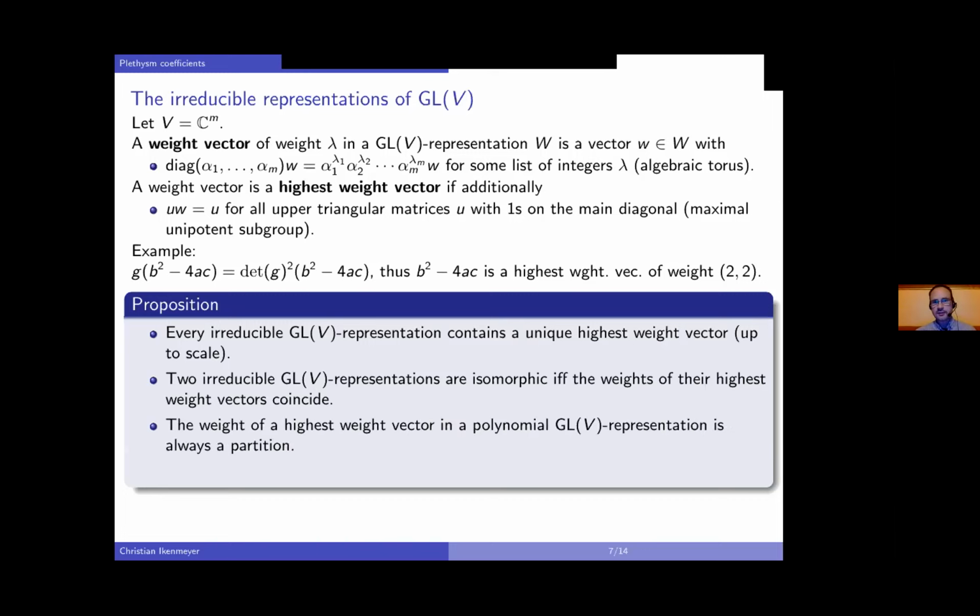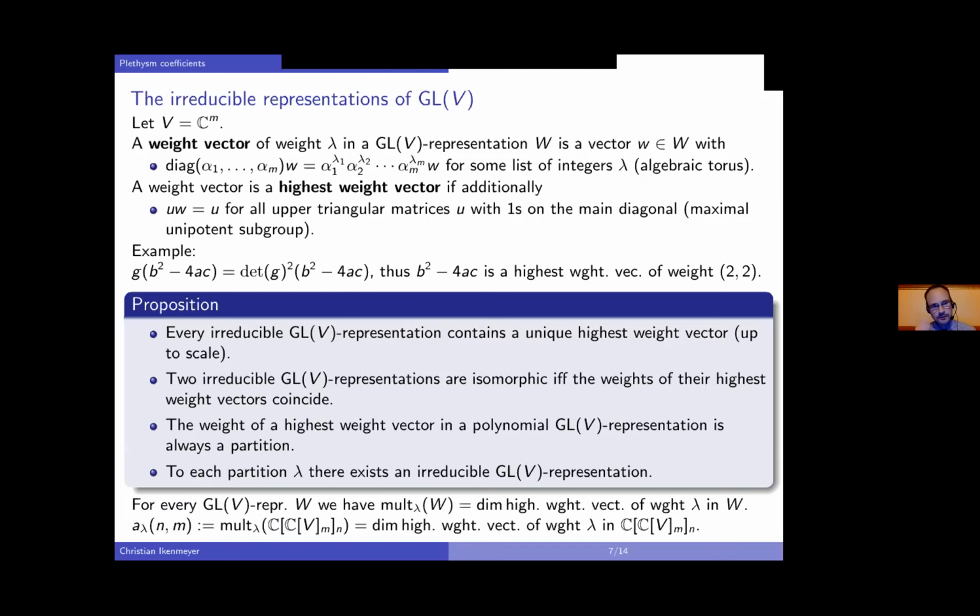This will always be a partition, so there's always lambda 1 greater or equal to lambda 2 greater or equal to lambda 3 and so on. So this will be a non-increasing sequence. And indeed, to each partition, there exists an irreducible representation. So the partitions completely index the irreducible representations. And now we can say,